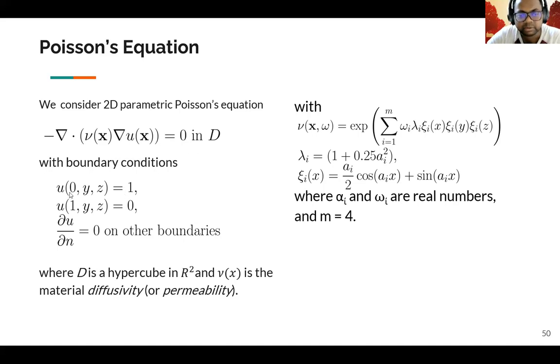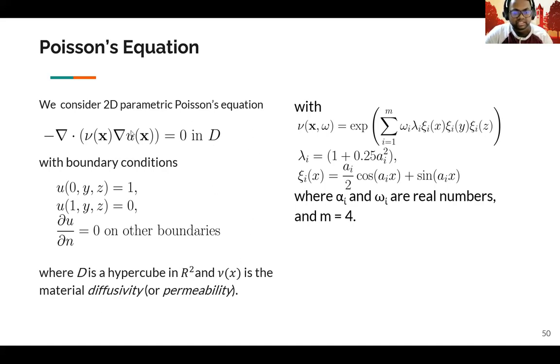And you're applying some boundary condition on the left of the domain, and that becomes your source. And on the right side of your domain, that becomes your sink. And then you have defined some Neumann boundary conditions on other boundary locations. And this is your PDE, which we will be solving. Since we are dealing with a domain D, which is in R2, that defines your field space.